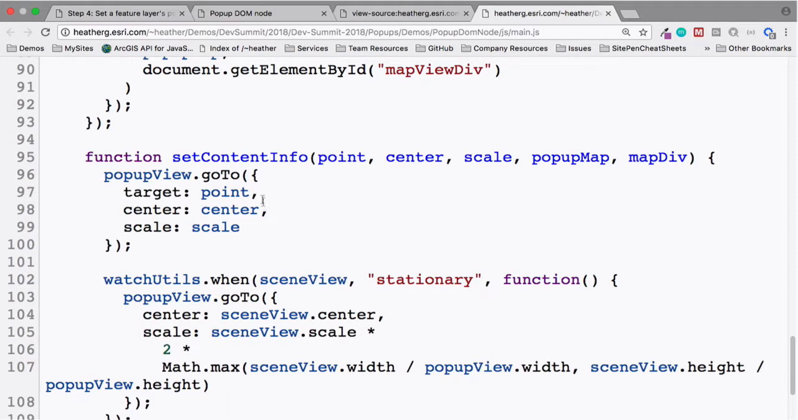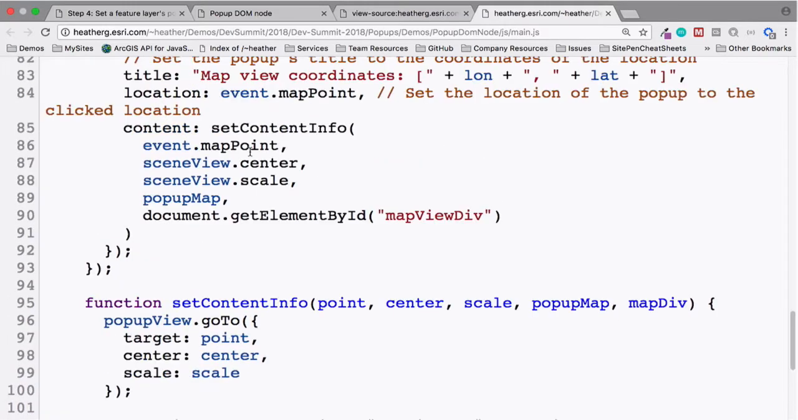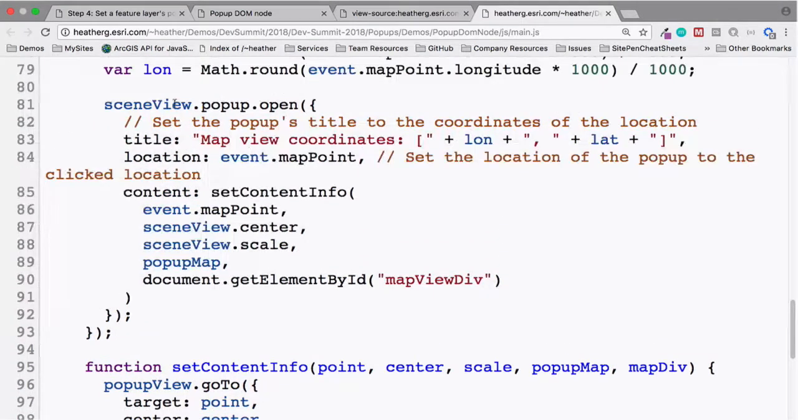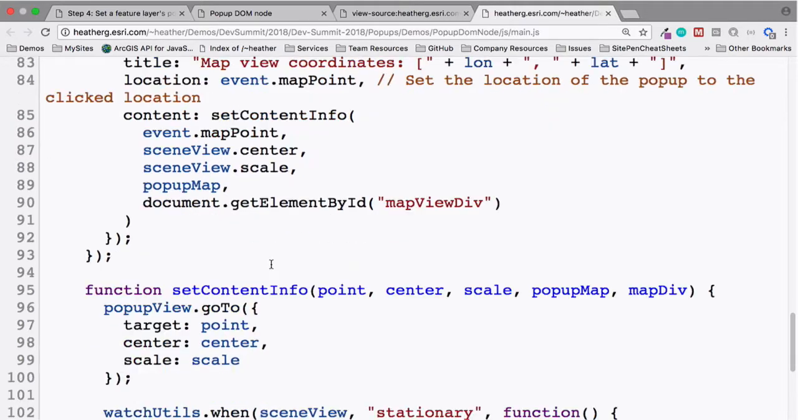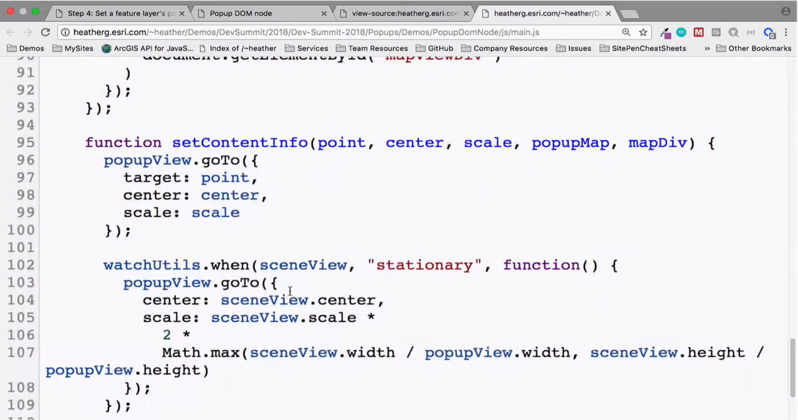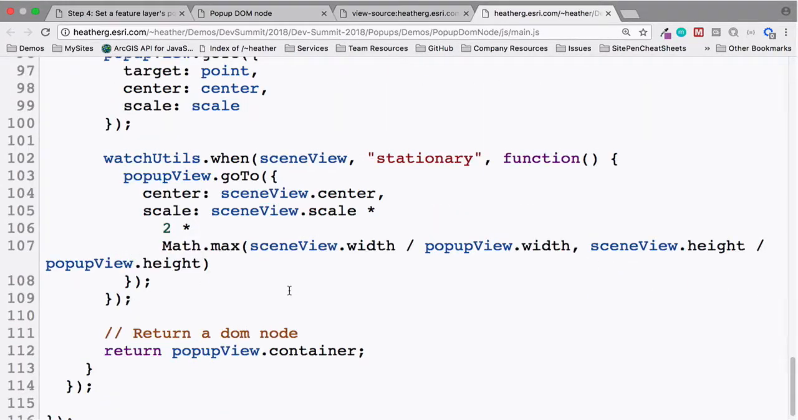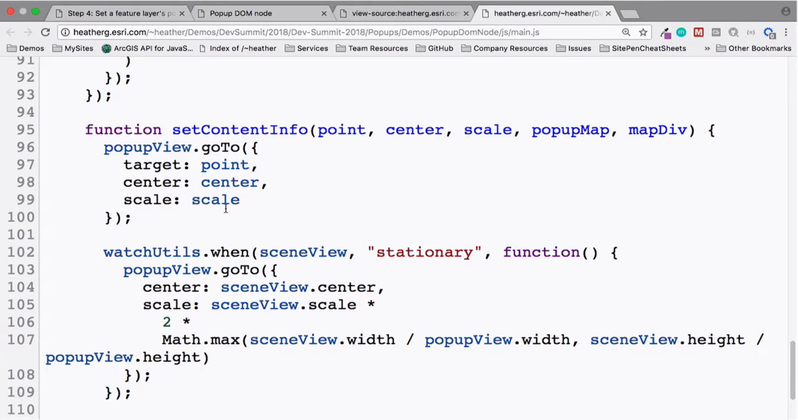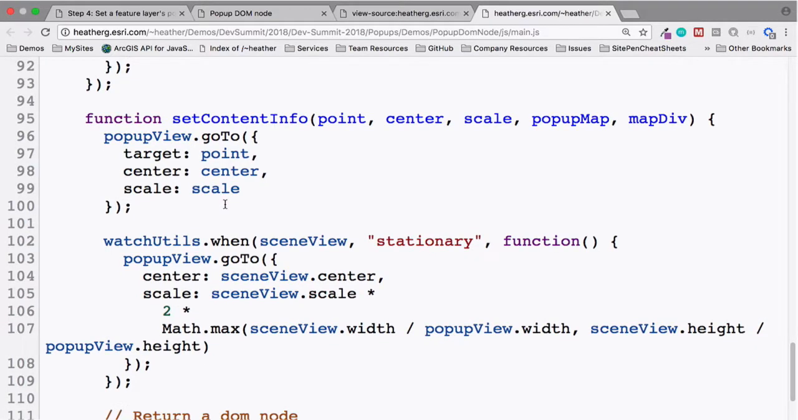All right, so on the set content info, it's a function that I call on the scene view's pop-up open. You can pass in some information like the title, the location, and then the actual content. On the content, what I'm doing is I'm calling the set content info. What I'm doing here is I'm actually going in and passing in this